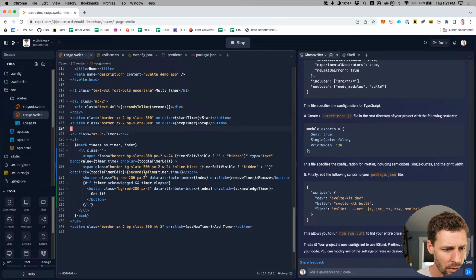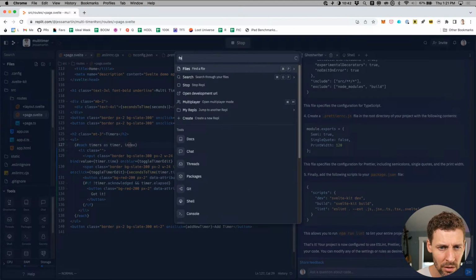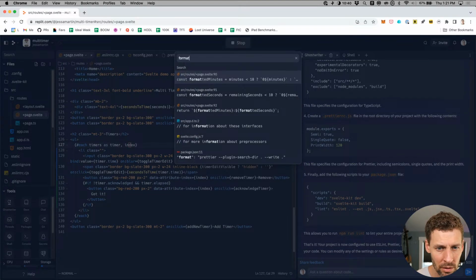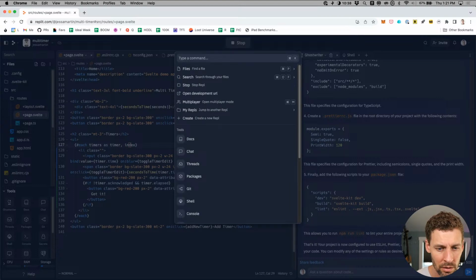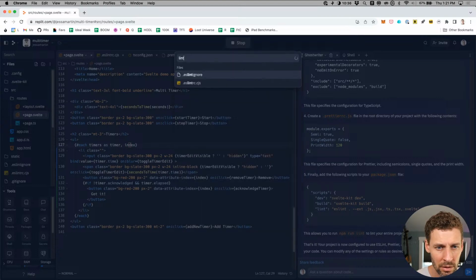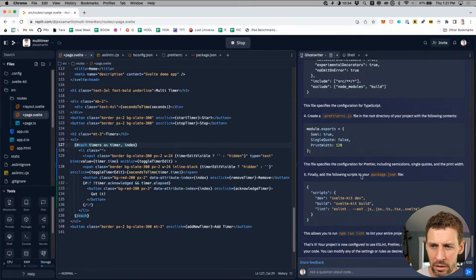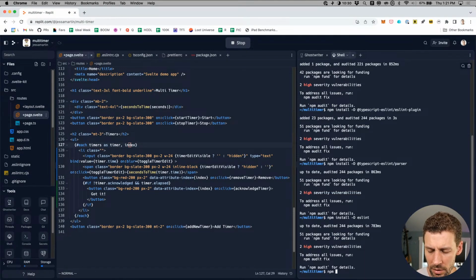Page svelte. So then if I come over to shell, I should be able to say like npm lint, right? Or run lint.